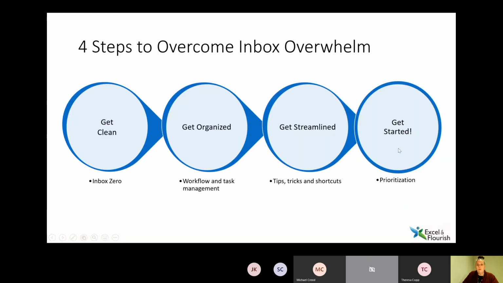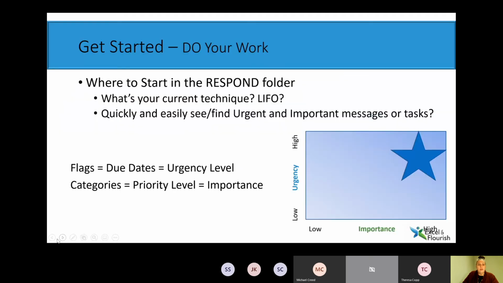The step that we're working on right now is the prioritization step, the Get Started part. This Get Streamlined is what's going to come next week, and that's going to be all these little snippets and tricks and things like that, including that idea of rules for your inbox as well. So the idea here is that we are going to work on,